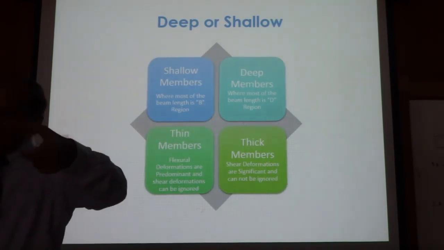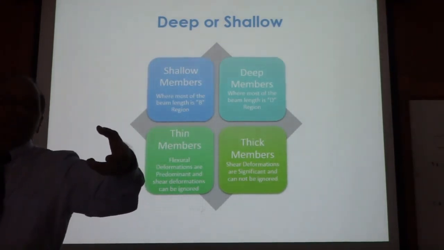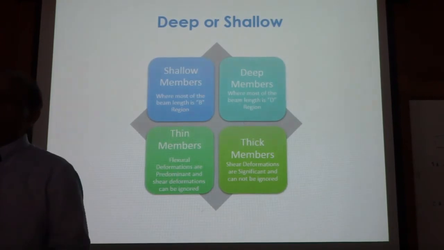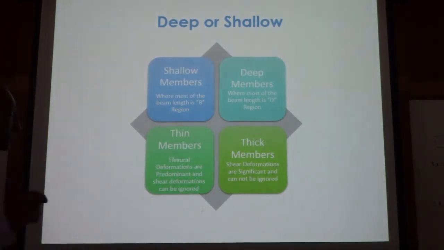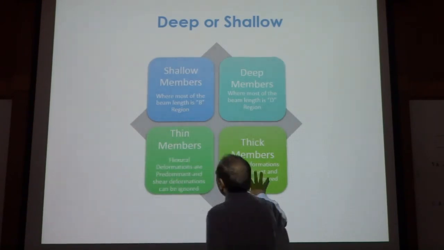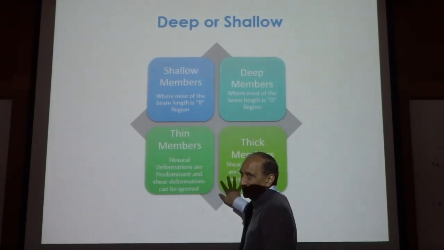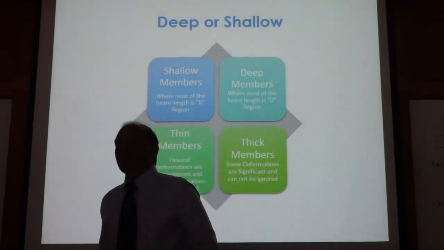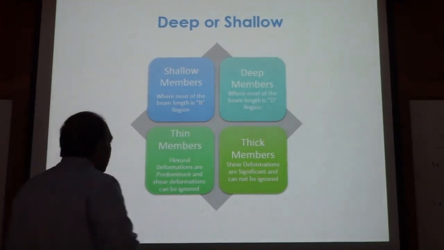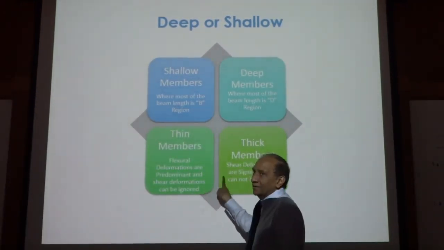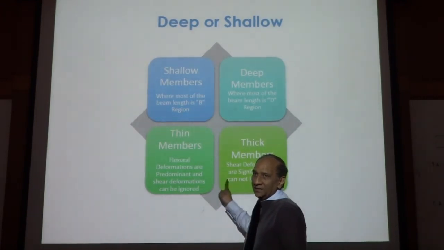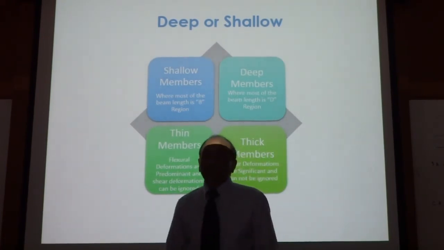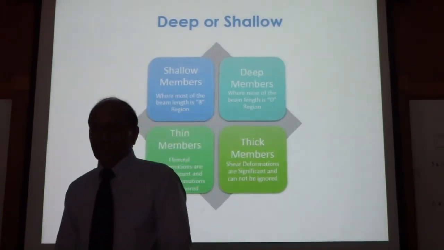If the beam is very shallow and long, shear deformations, although present, will be a smaller percentage of the total deformation because bending is too soft, right? So thin members, thick members, these are two different things, and shallow members and deep members are two different things. Definitions are different, application is different. This is applicable for the finite element analysis formulation of the elastic deformation theory. This is useful for the post-cracking mechanism or post-cracking strength, right?